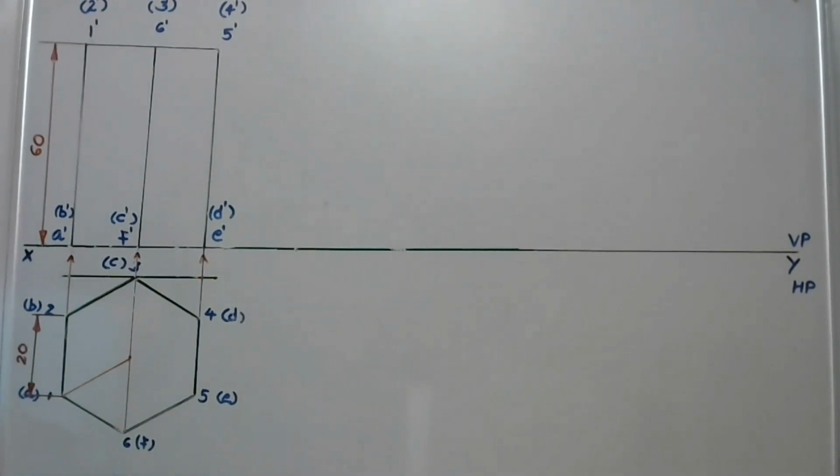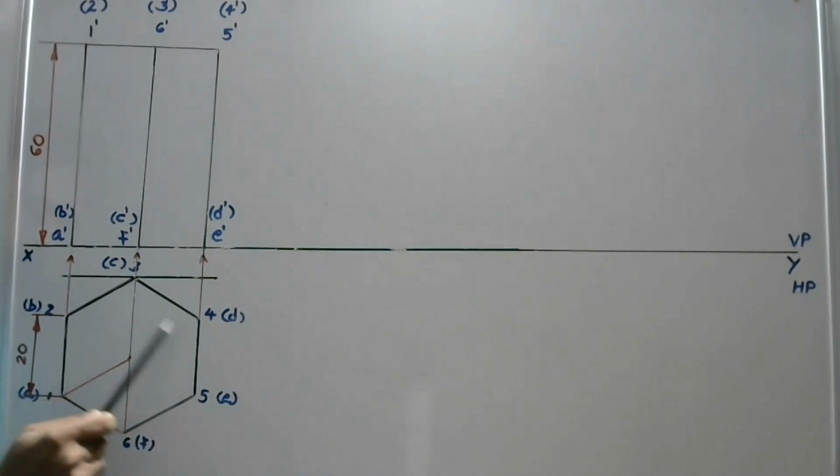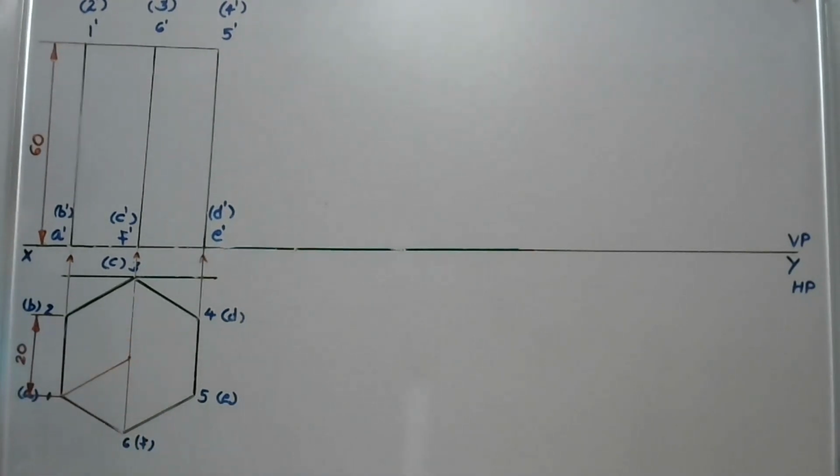This is the corresponding state when the hexagonal prism is resting on the horizontal plane. This is known as the simple position of the solid. In the top view, we can see the regular hexagonal shape. We are fixing one base edge on the right side, which is perpendicular to the VP.